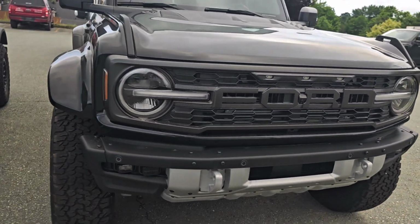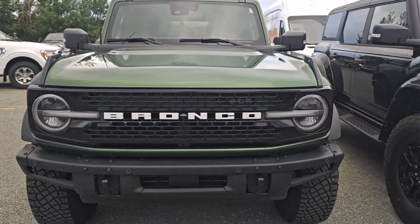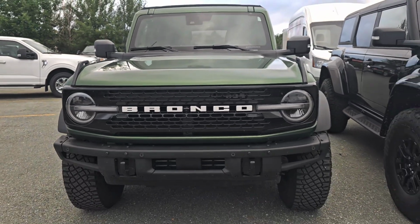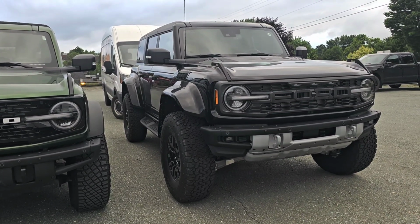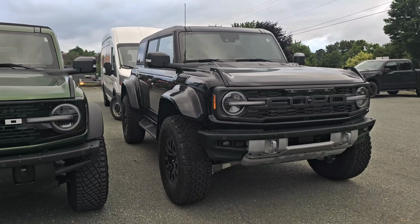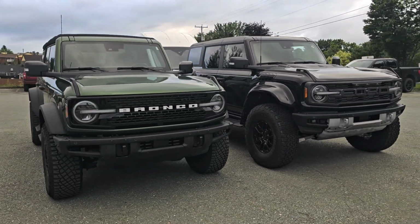Do I prefer the traditional Bronco grille with the white lettering on? Well, I prefer the Wildtrak because I do really like the black and white Bronco. Black grille, white lettering, all black. Let us know in the comments what would be your ultimate, even if it's a Bronco that doesn't exist, what would be the Bronco that you would consider buying, or why you will not be considering buying